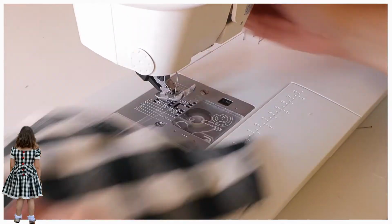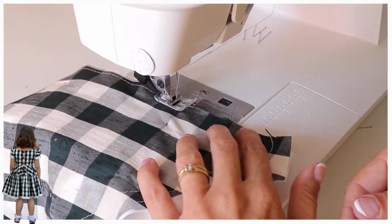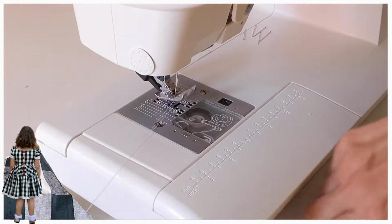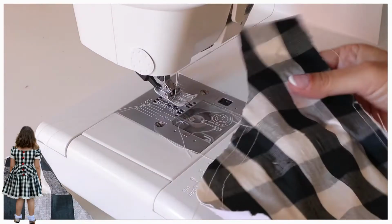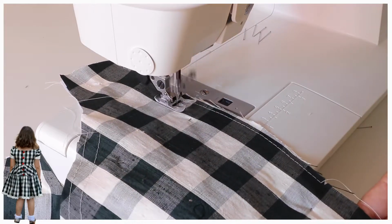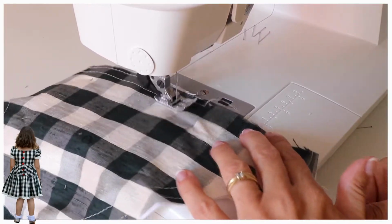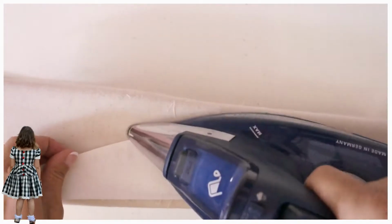And then when I sew my sleeve in, my 1 centimeter seam allowance will sit exactly between those two stitching lines. I do this on the lower end of the sleeve as well, where we have the markings directly from mark to mark. And again, we line up the second stitching line with the edge of the presser foot. And then I'm going to just iron these little cuffs